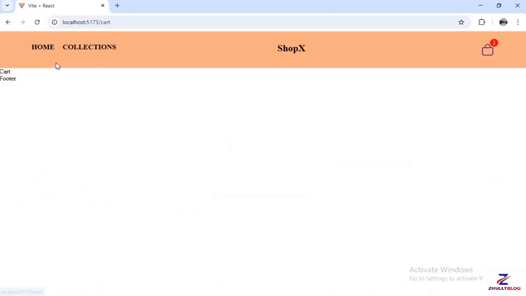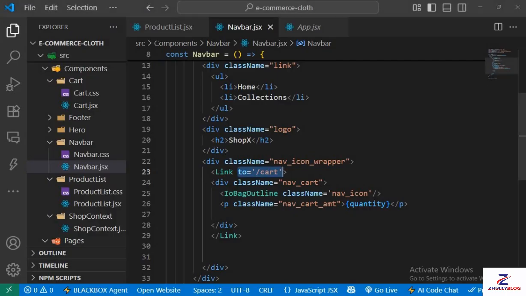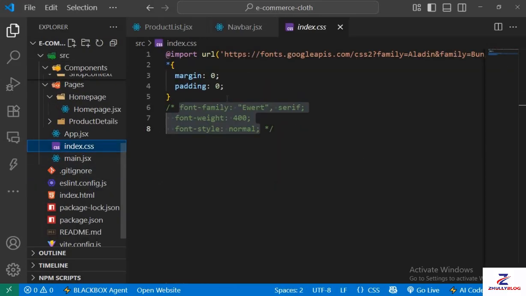If I click on this, you can see that we're on the carts page. And also you can see that the cart has changed color to the purple color, showing that we've already clicked on it before. So this is the carts page that we have now. So let us continue. Now in our index.css,